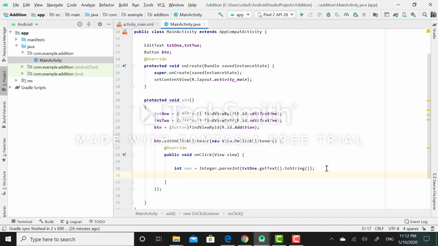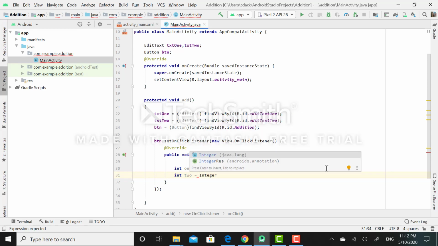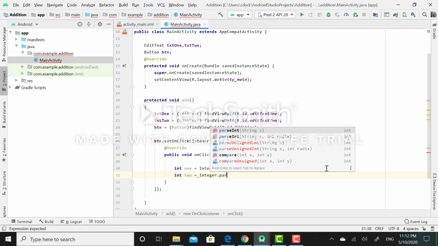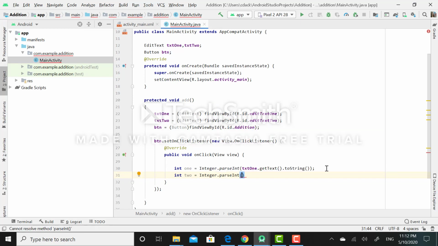Similarly, I will do the same procedure for the next value. Here I will declare another variable as int2 with data type integer. Again I will simply typecast it into the integer format by invoking static parseInt method from Integer class, from where I am getting this value from text2 reference of the edit text.